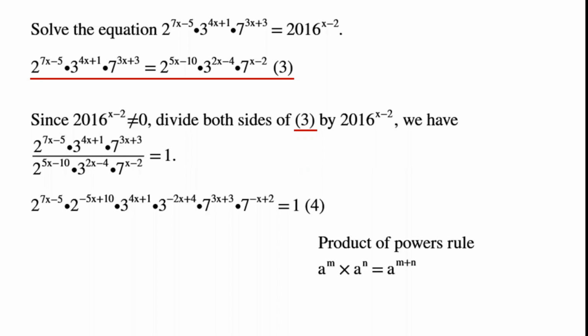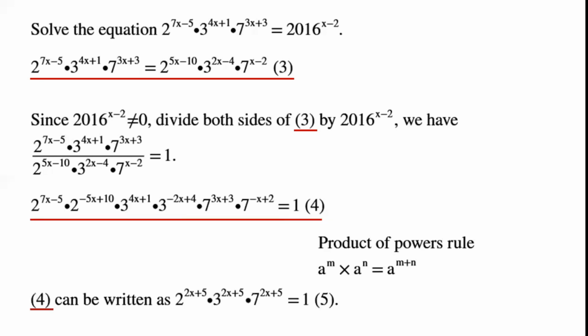By the product of powers rule, we know that a to the power of m times a to the power of n equals a to the power of m plus n. So by applying the product of powers rule, equation 4 can be written as 2 to the power of 2x plus 5 times 3 to the power of 2x plus 5 times 7 to the power of 2x plus 5